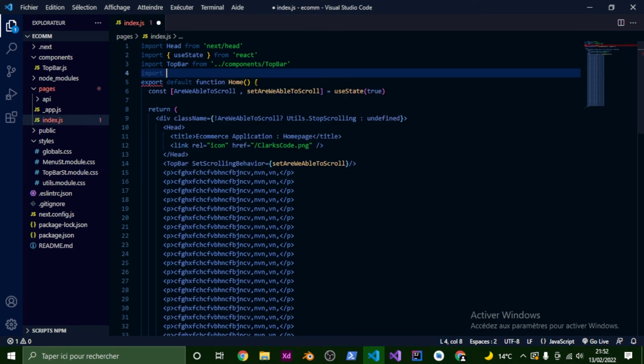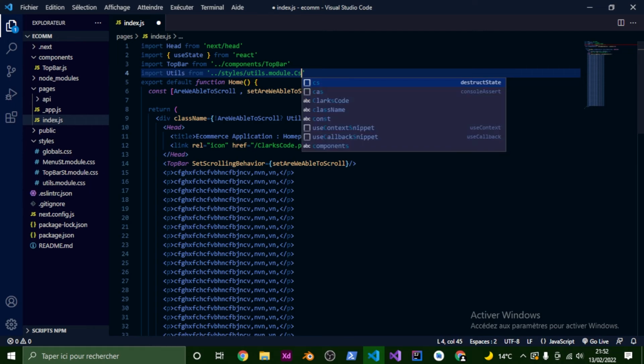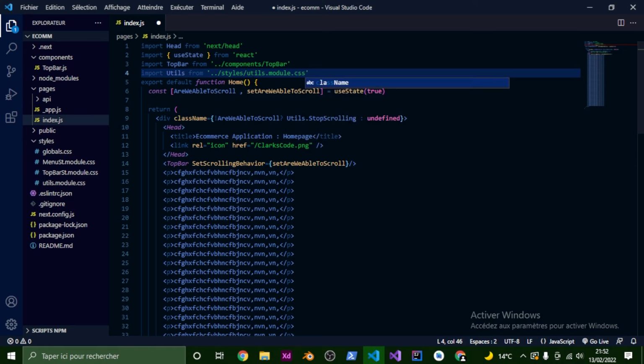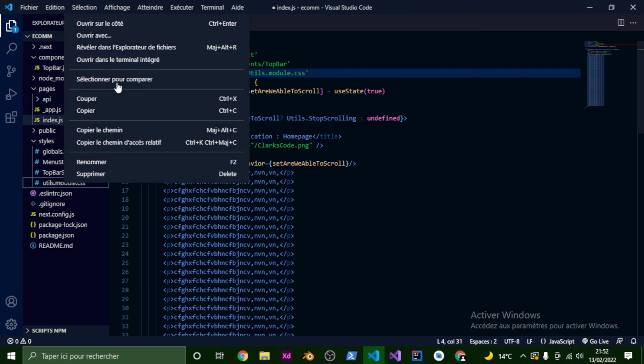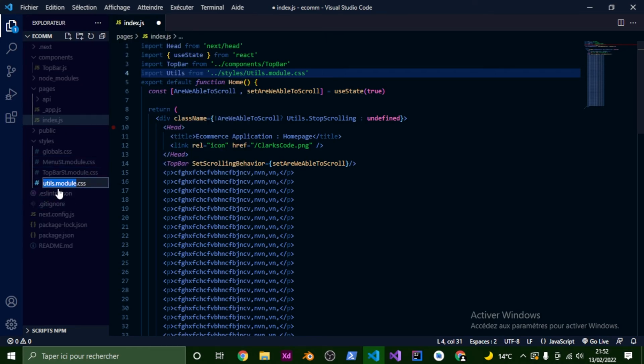Import utils from styles, and it's going to be a file called utils.module.css. Okay,